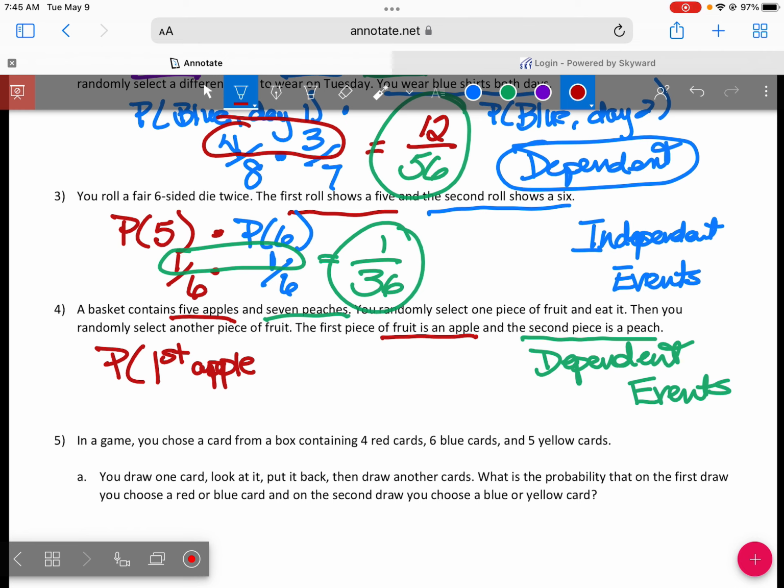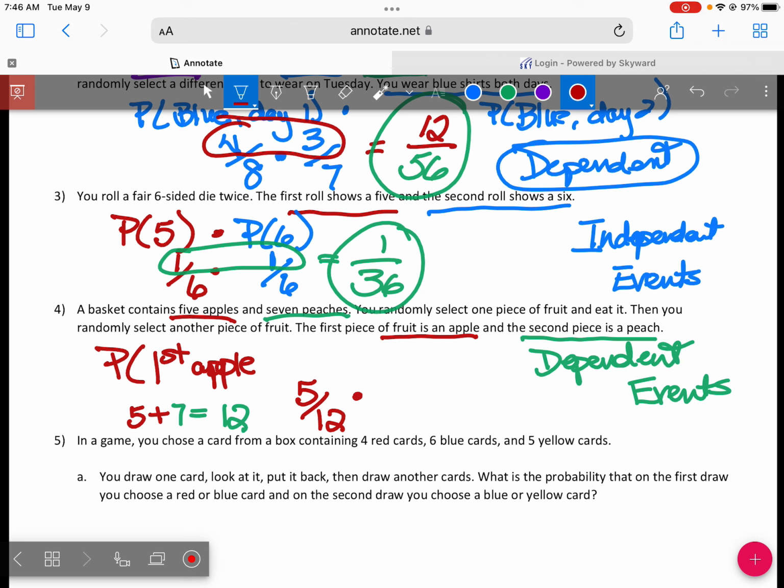So 5 plus the 7 peaches gives me 12 fruit to choose from. And from that 12 fruit, Kevin, what's the probability that I am going to select an apple? I have 5 apples and 7 peaches. I have 12 fruit total. 5 and 12. Very good. 5 out of 12